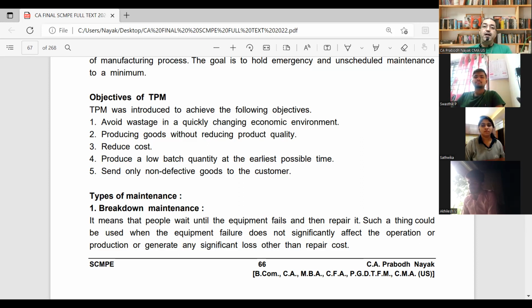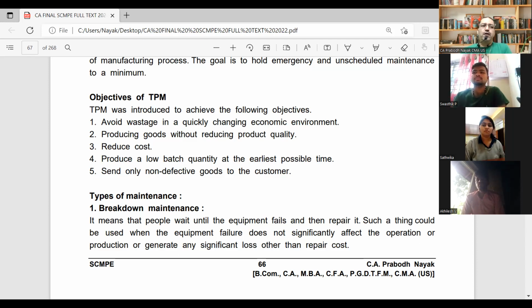On the other hand, preventive maintenance means what? Preventive maintenance means come what may, whether there is a breakdown or not. As per the instructions given on the bike, let us say that instructions are given that after every 1,000 kilometers you have to change the oil, you have to give it for servicing. So if you are doing that on a regular basis, then you are doing preventive maintenance. You are preventing the breakdown of the bike as far as possible. Okay, so that is preventive maintenance.